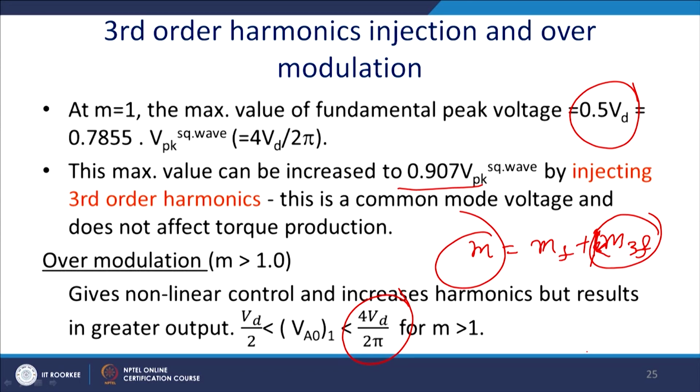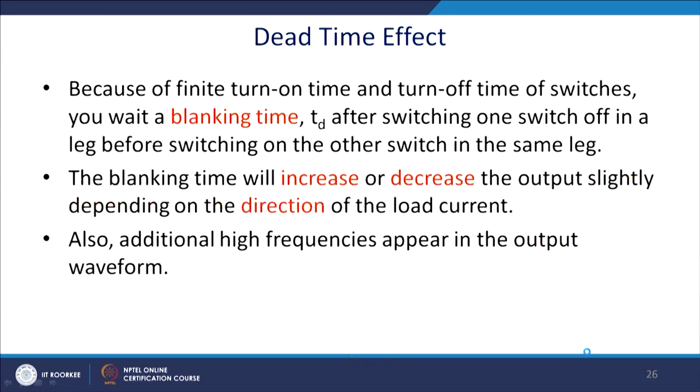That can be achieved by simple calculations. While we are discussing this assignment, this part will be covered. So, we left it for this assignment to be solved, and for this reason we are not discussing it in detail here. Okay. Now, what about over modulation? Over modulation is almost the same. We do not get any benefit of over modulation, and we are restricted to the saturation value, which does not change. It is Vd by 2 pi for the half bridge configuration.